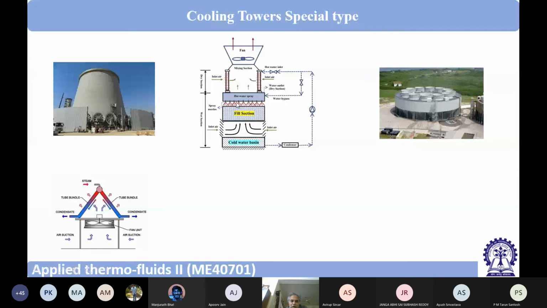So here hot water is injected and air is going out, and then air passes through this, plus some air is drawn from here where there are pipelines through which hot water is passing. So here hot water is getting cooled by contact with air, plus that hot water is being sprayed below and getting cooled. So this is what we get, a wet and dry cooling tower.